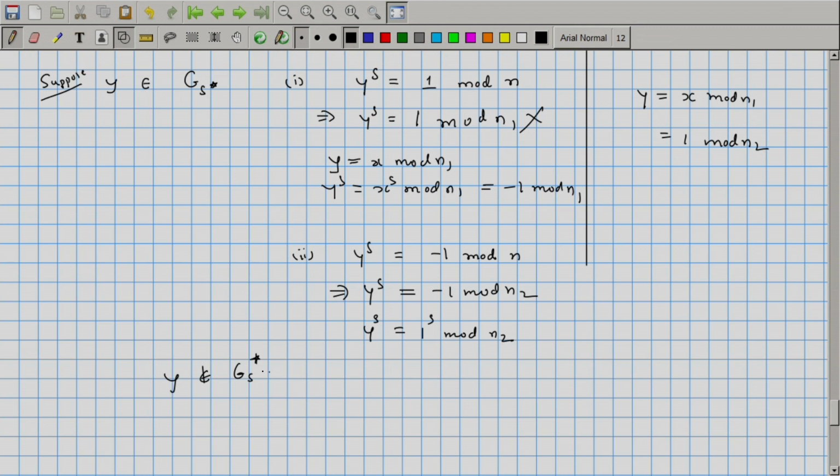So, that essentially means that the set of all false witnesses form a subgroup, and since a proper subgroup is at most half the size of Zn star, whose maximum size is n minus 1, you cannot have more than 50% of the elements as false witnesses. Therefore, our algorithm has more than 50% chance of success in each run. So, repeat the algorithm as many times as you want, depending on the probability of success that you are happy with.